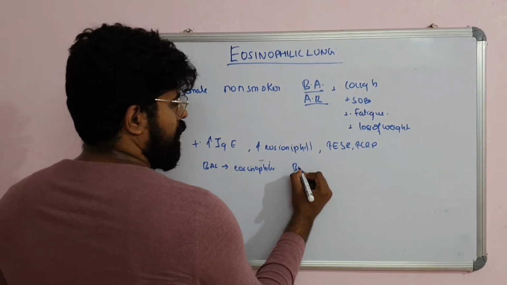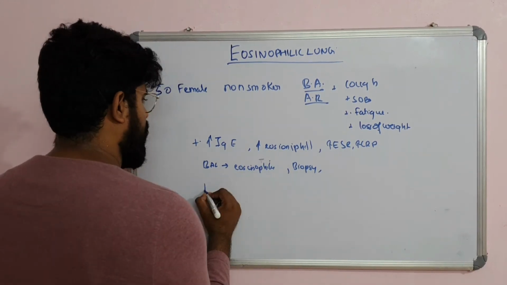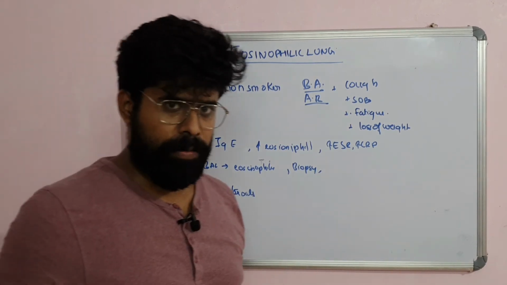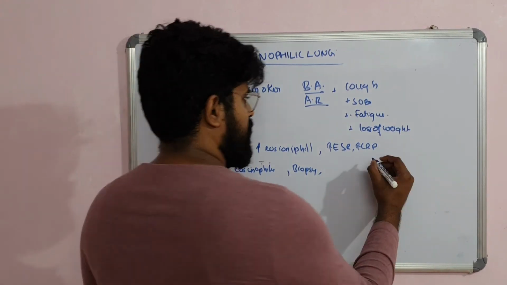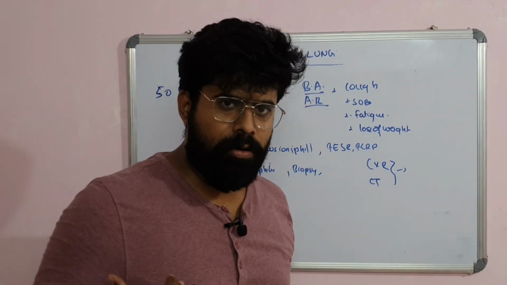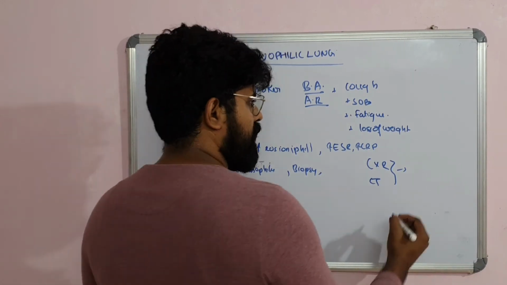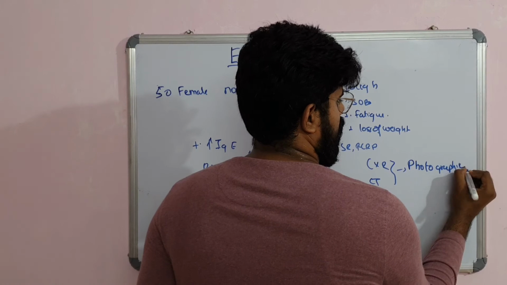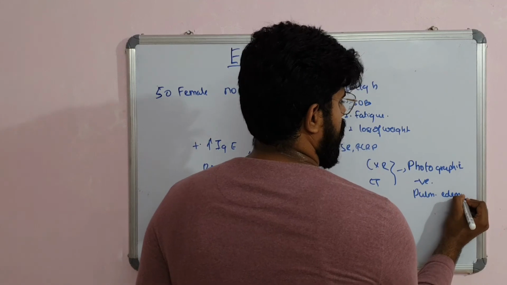When you do a biopsy, you can also find eosinophilic infiltration in the lung. The patient should be treated with steroids. They have very good steroid responsiveness. Usually other immunosuppressants won't be required, just steroids will help recovery. What is the unique finding in this condition? The chest X-ray or CT thorax can show predominant peripheral opacities. Near the pleural region, there will be consolidations sparing the center. This is called the photographic negative pulmonary edema.